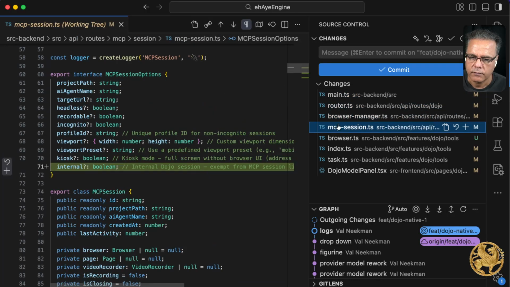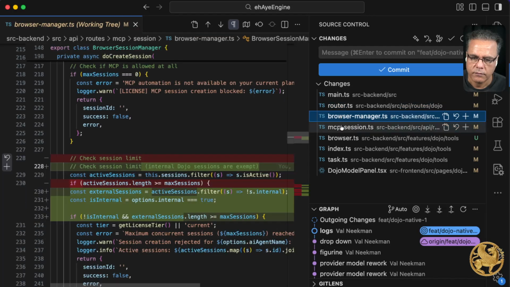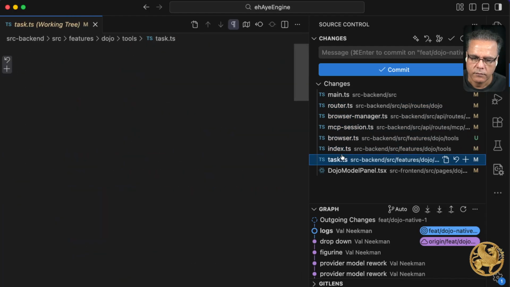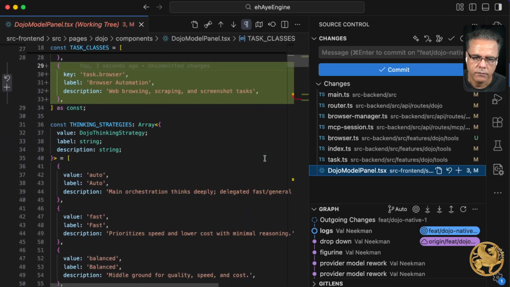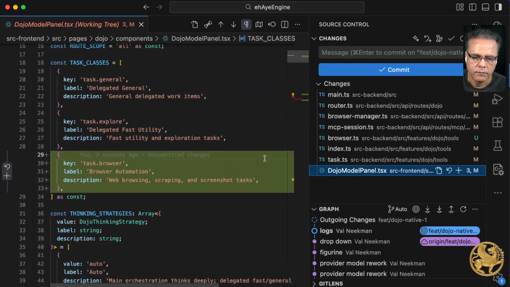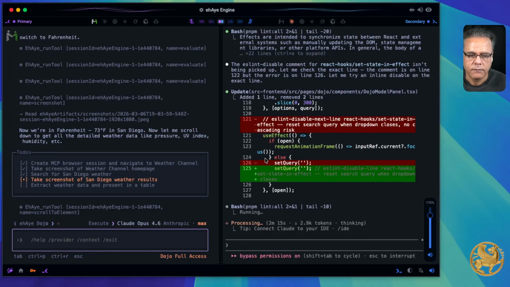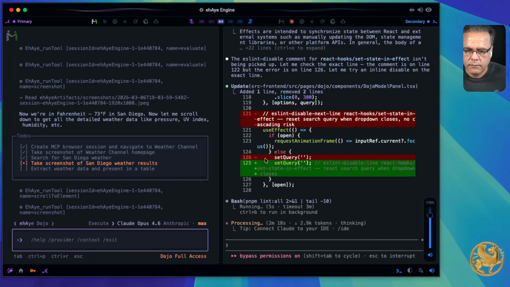Two areas to fix: browser.ts, an unused ESLint disabled directive plus an any warning. The directive is needed, but the inline comment isn't working as expected. Then the dojo model panel.tsx, pre-existing front-end errors: node and pointer event types, set state in effect, and a missing dependency. Now we fix the missing selected option dependency. The effect uses selected option, but the dep array only has selected option key. I should add the full reference since it accesses the account and model ID.